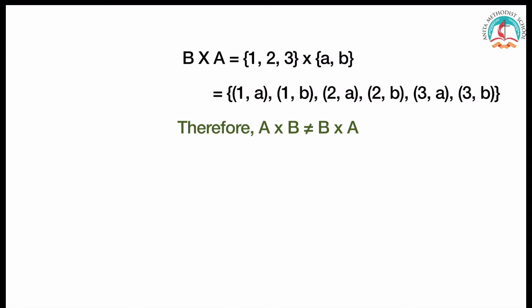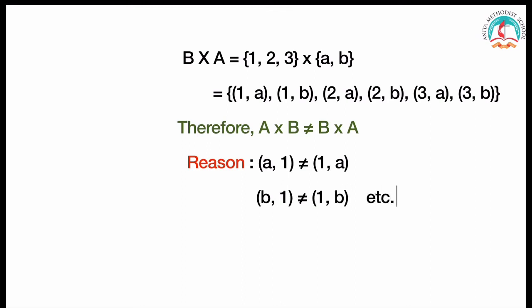You may think both the elements inside are the same only. Here also (a, 1), here is (1, a), but they belong to different sets. Here the first element a belongs to set A and 1 belongs to set B. This side 1 belongs to set B and a belongs to set A. The same way you can compare the remaining ordered pairs, but it is enough to take one ordered pair and you can say A × B is not equal to B × A.